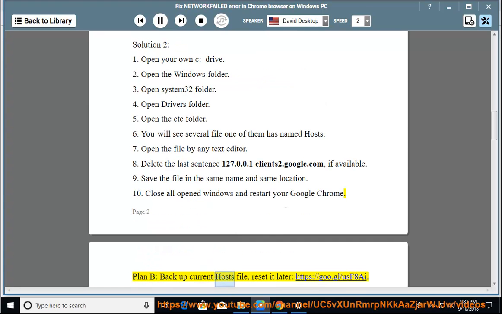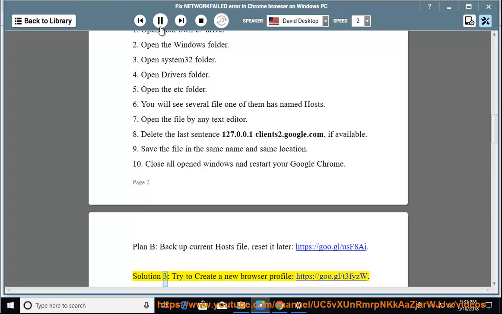Plan B, backup the current hosts file, reset it later, https://goo.gl/usf8ai. Solution 3, try a new browser profile,